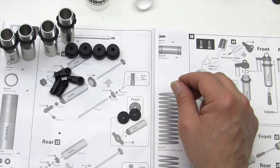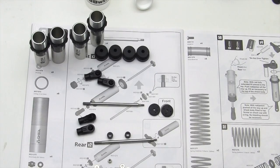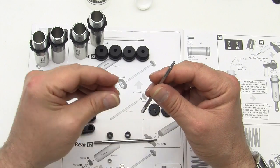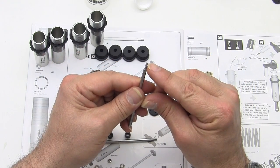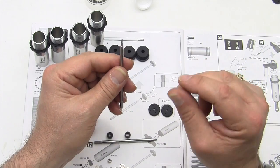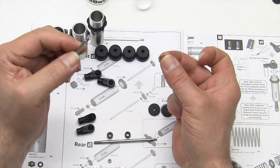I'm going to get out the rest of the parts, and we will go from there. Okay, here we go. All 4 of the shafts are the same length. There is no longer or shorter one for the front or the rear. You're going to see that it's threaded on one end, and then on the other end is a smaller thread along with a shoulder. Let's work on the shoulder end, and we're going to take one of the small silver